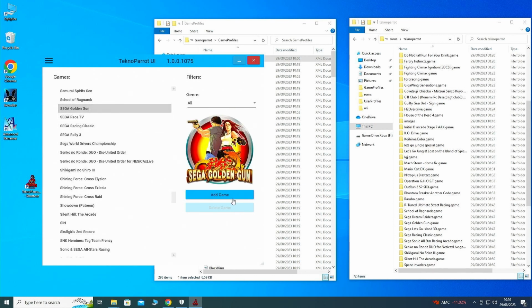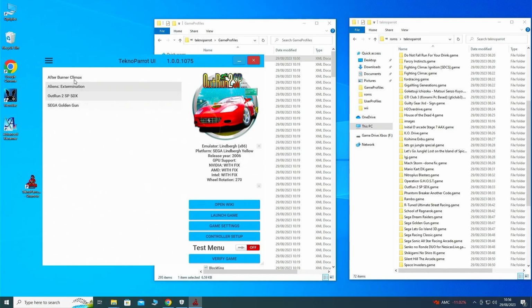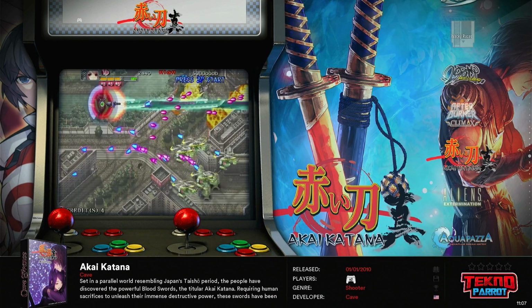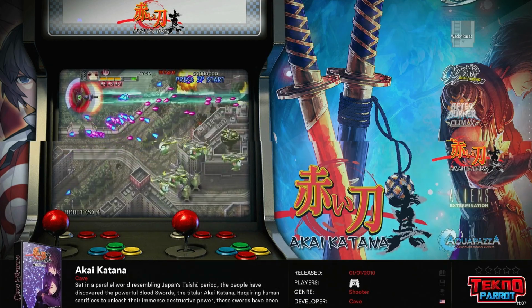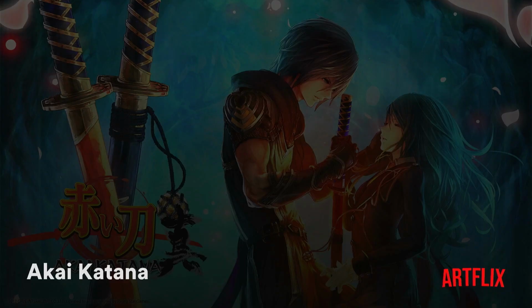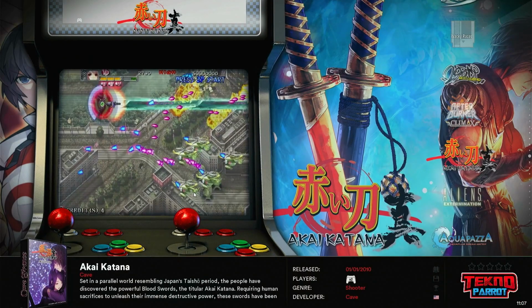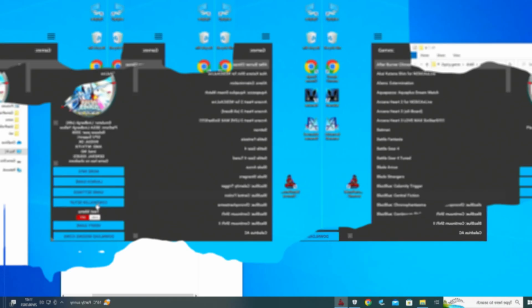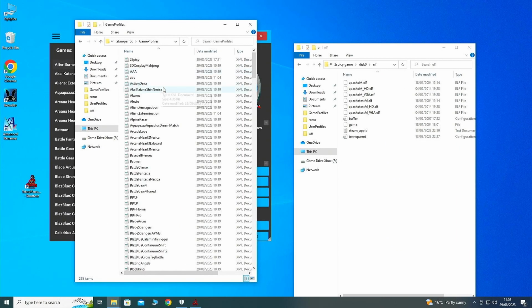So now I'm going to show you an instance where the game's called something different to the actual file it's looking for. So we'll try this Akai Katana, or however you want to pronounce it, and as you can see here, it's going to say unable to find game file profile, make sure that it's named the same. We'll come back out of TeknoParrot. We're going to edit the game profile for the Akai Katana game,